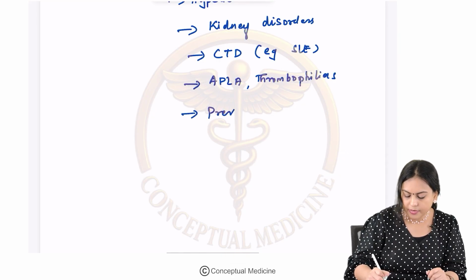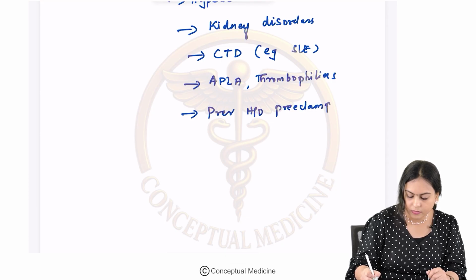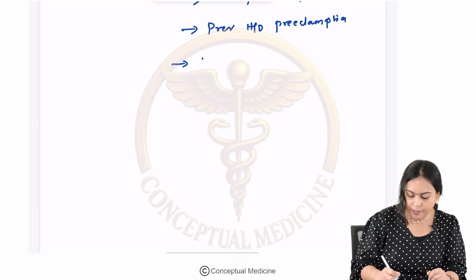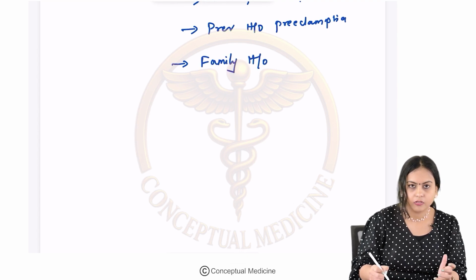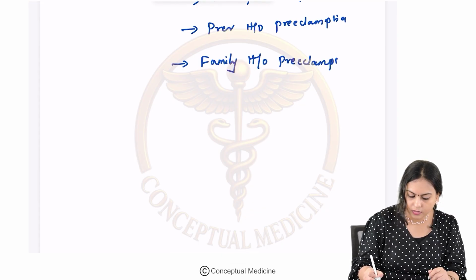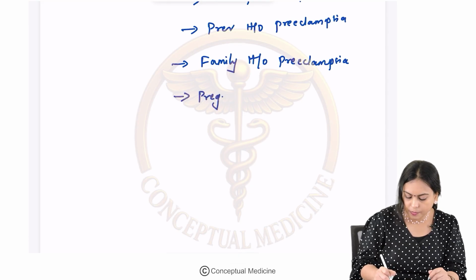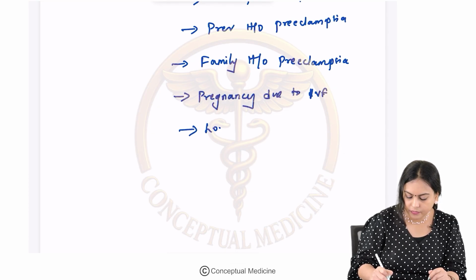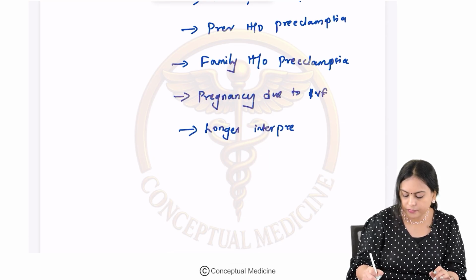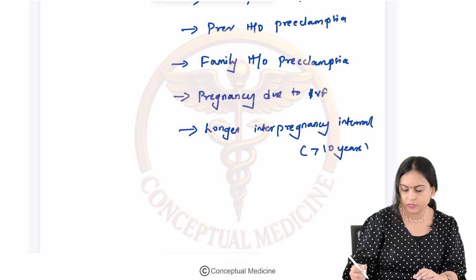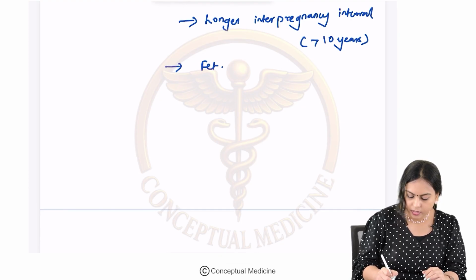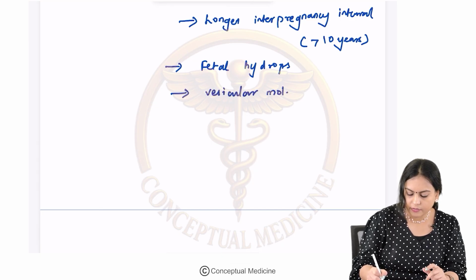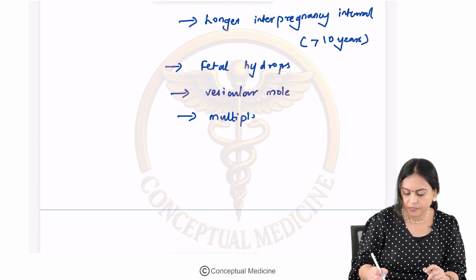Then she had a previous history of preeclampsia, and a family history of preeclampsia in the mother or the sister. Then in pregnancies due to IVF. Then when there is a longer interpregnancy interval, that is more than 10 years, and in the baby there is fetal hydrops or it is a molar pregnancy, vesicular mole is present, then it is a multiple pregnancy,